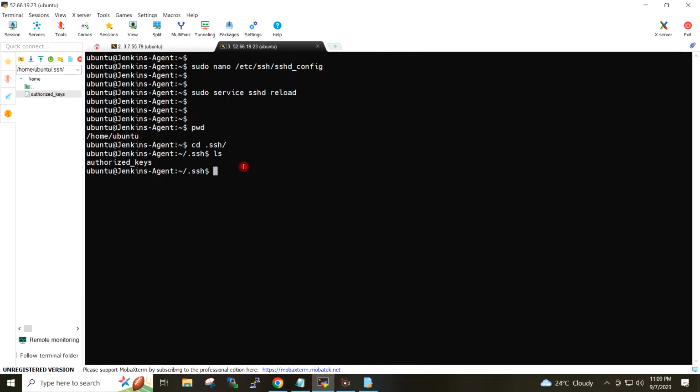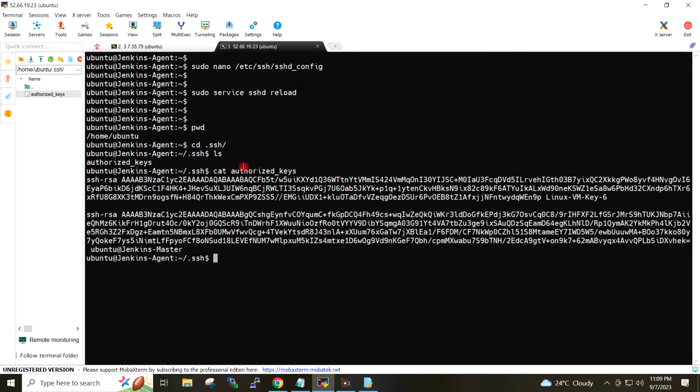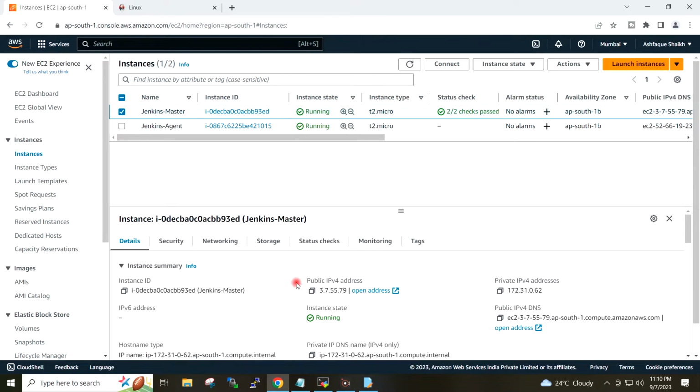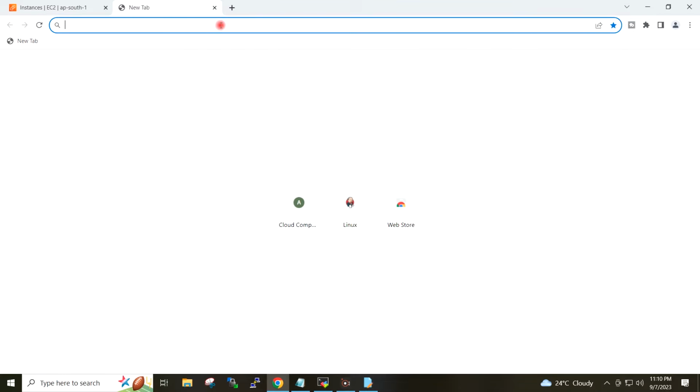If I open this file, inside the file I have the public key of the master node. I will now copy the public IP address of the Jenkins master and open it with port 8080.